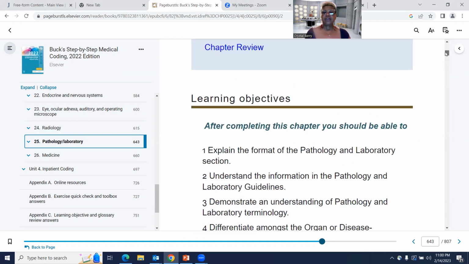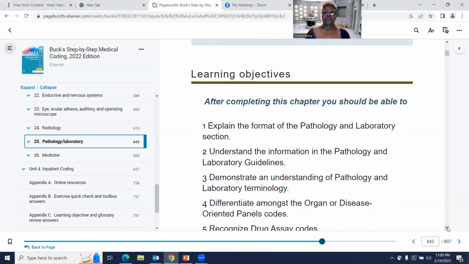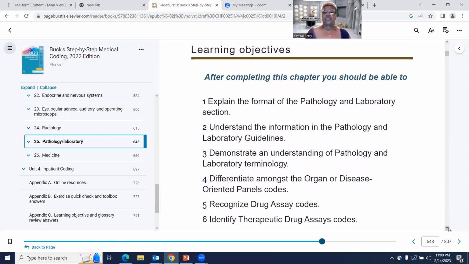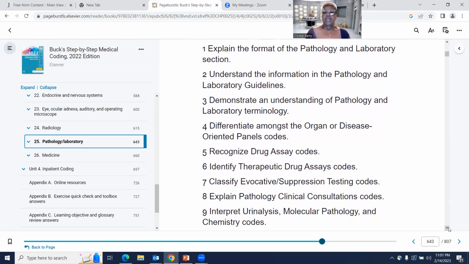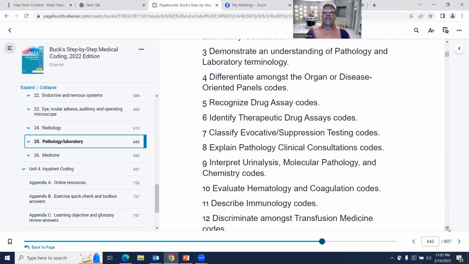So the objectives that are going to be covered in this chapter that we will go over today: explain the format of the Pathology and Laboratory section, understand the information in the Pathology and Laboratory guidelines, demonstrate an understanding of pathology and laboratory terminology, differentiate amongst the organ or disease-oriented panel codes, recognize drug assay codes, identify therapeutic drug assay codes, classify evocative suppression testing codes, explain pathology clinical consultation codes, interpret urinalysis, molecular pathology and chemistry codes, evaluate hematology